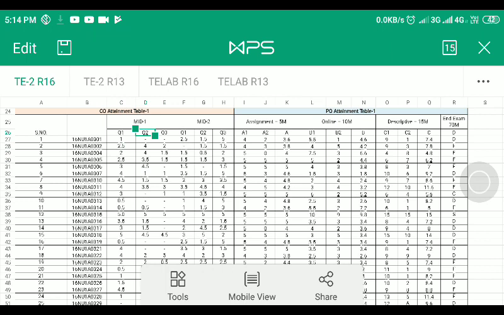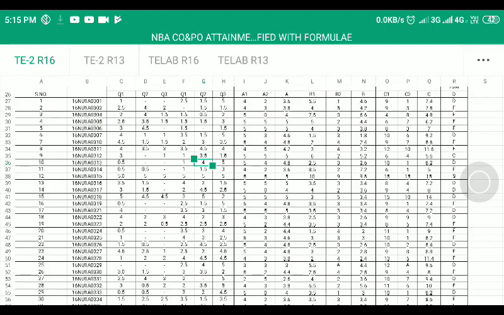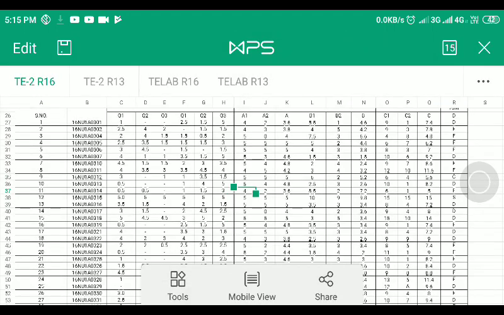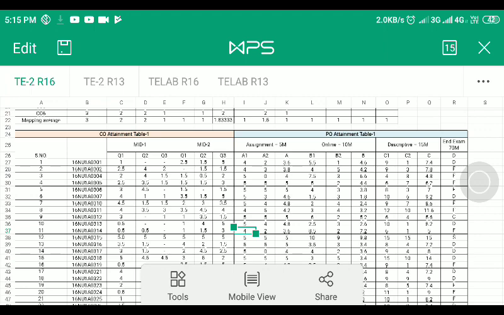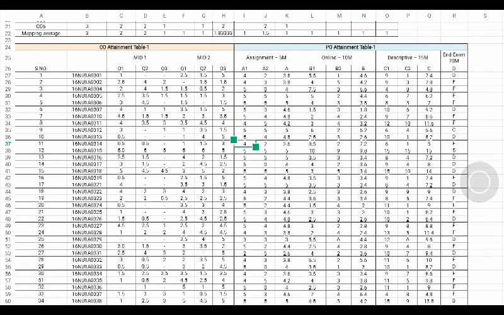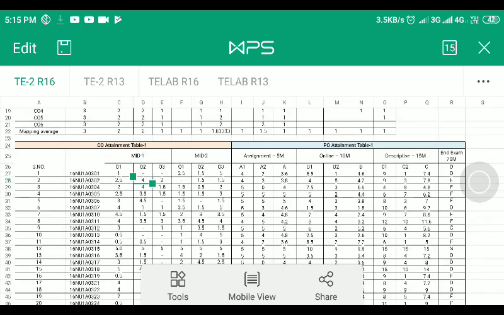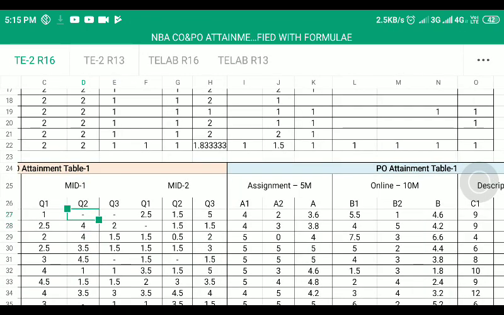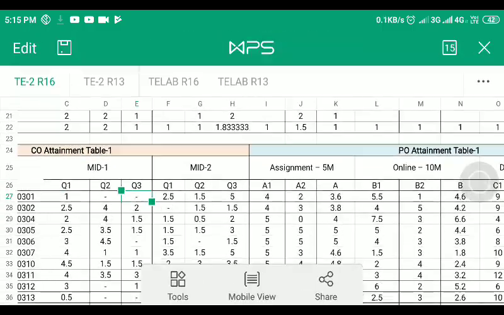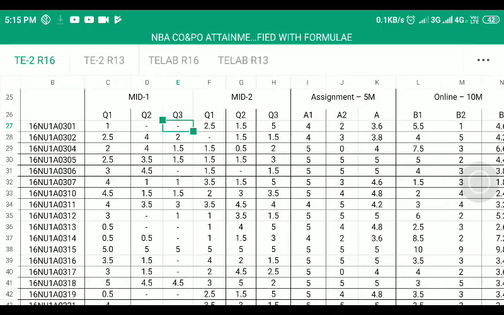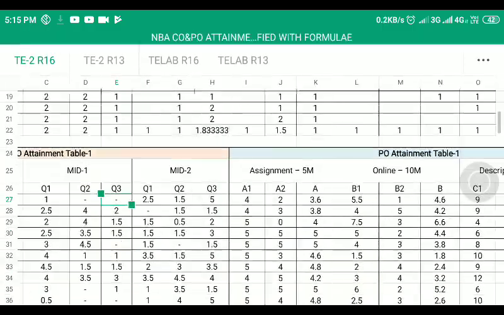Similarly, for mid 2 also you have to enter the marks for these 3 questions for all the student roll numbers. If the student has not attempted that question, you just have to give a symbol like this. Okay, and then go for